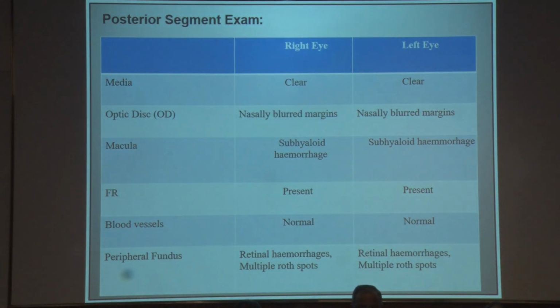Moving on to the posterior segment examination, media was clear in both eyes. Optic disc showed nasally blurred margins, and macula showed subhyaloid hemorrhage in both eyes. Foveal reflex was normal and blood vessels appeared normal, and peripheral fundus examination revealed retinal hemorrhages and multiple rod